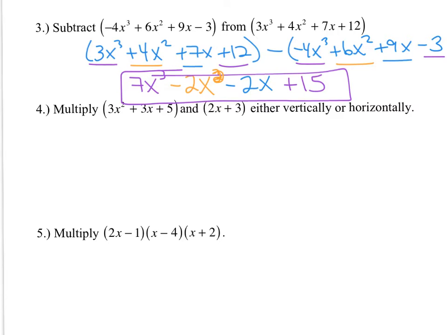So what I'm going to do is put the first term down. So we'll have 3x squared plus 3x plus 5. And underneath of it, I'm going to write 2x plus 3. And I'm going to multiply this vertically the same way that we would multiply back when we do like 2 digits by 2 digits. So I'm going to multiply 3 times 5,